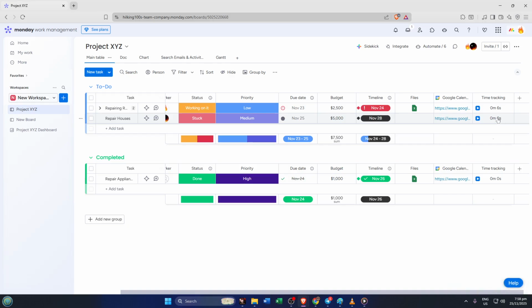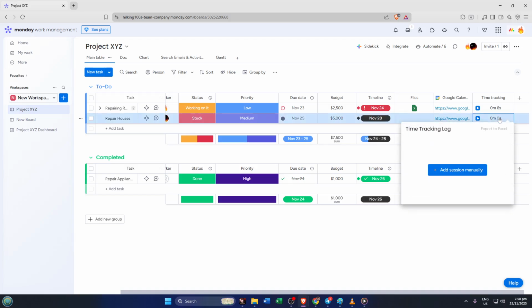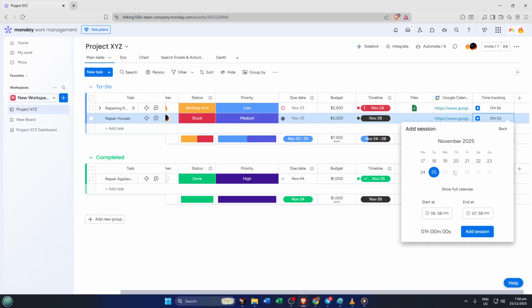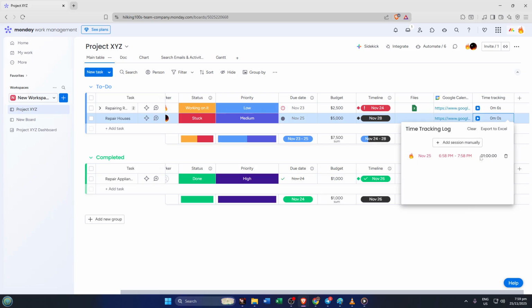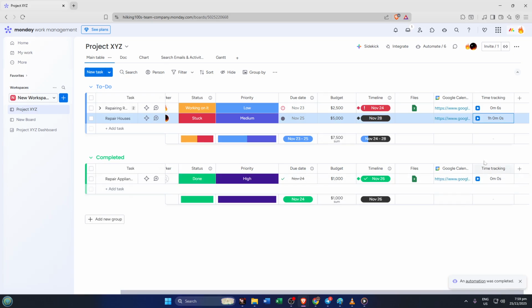But what if you forgot to start the timer or you're logging hours from yesterday? No problem. Manual entry has you covered. Click inside the time tracking cell again, but this time select View Log or Add Log if it's new. Now you can manually pick the date, enter your start and end times, or simply punch in the number of hours or minutes you worked. You can even jot down a quick note, for example, debugged API or team call ran overtime, to add both context and transparency. When you're finished entering the details, hit Done, and that entry becomes part of your time history